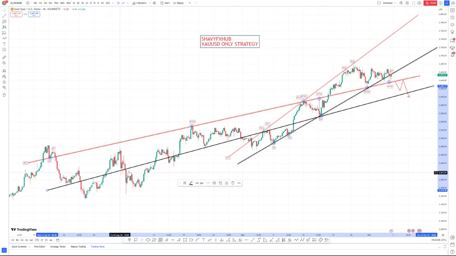break of a resistance structure, current support, break of a support structure, price played around, returned again to respect the structure, price left, came back to retest the structure, retested again, came down again, broke the structure. We played low for a while, a resistance structure, price came again, retested the structure, broke the structure, came down on retest, expected buy on this zone at 2,600,